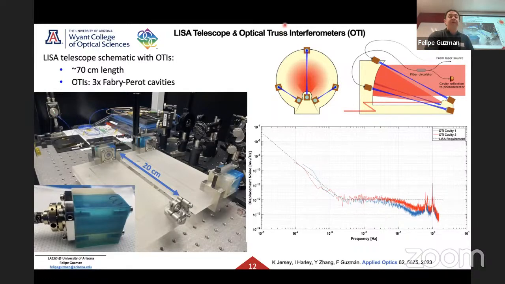So these optical thrust interferometers are Fabry-Perot cavities, some type of interferometer, if you're not familiar with that. And we've built them in a compact fashion. And they are capable of just being mounted around the telescope, having basically very sensitive interferometers here that will tell you what is the distortion of that structure with temperature, for example,